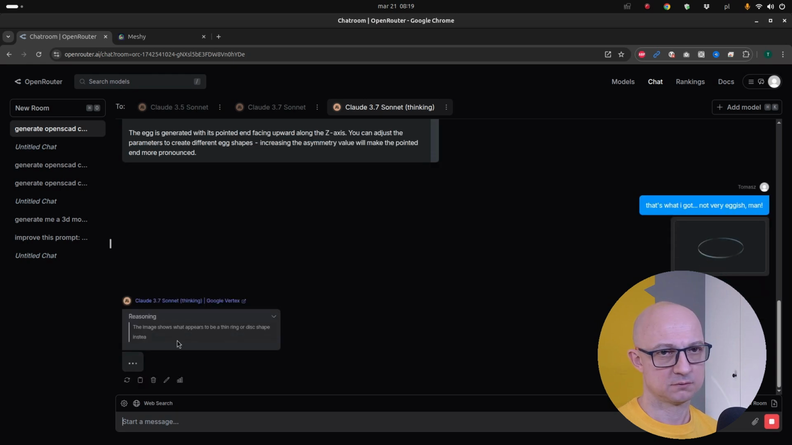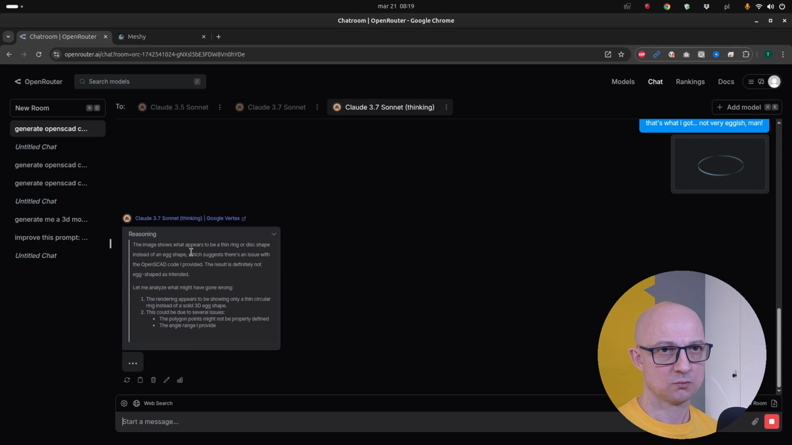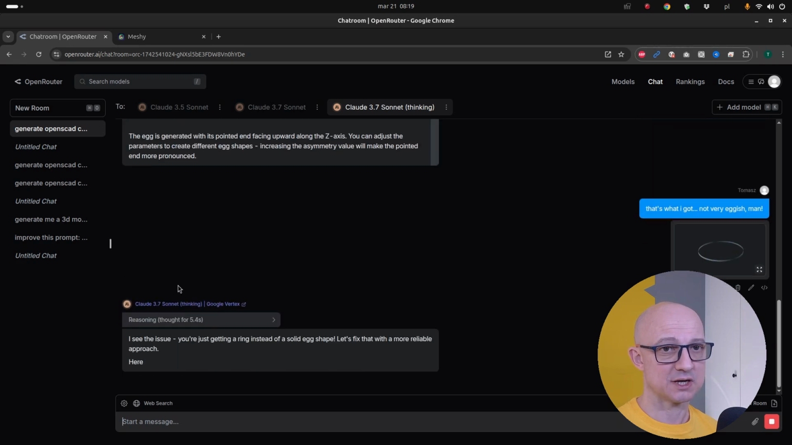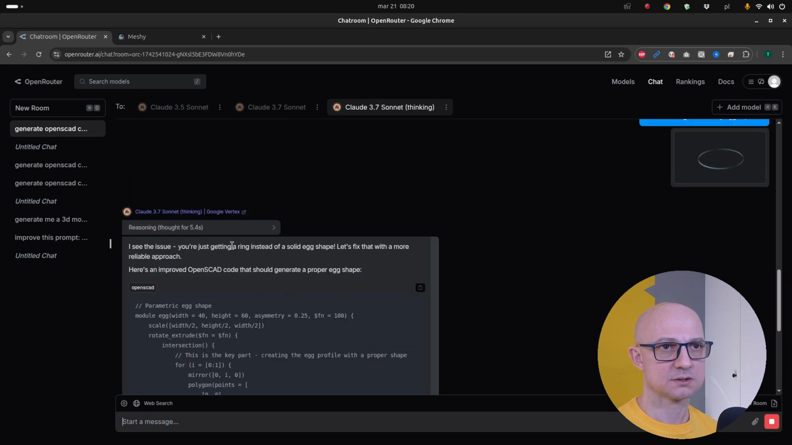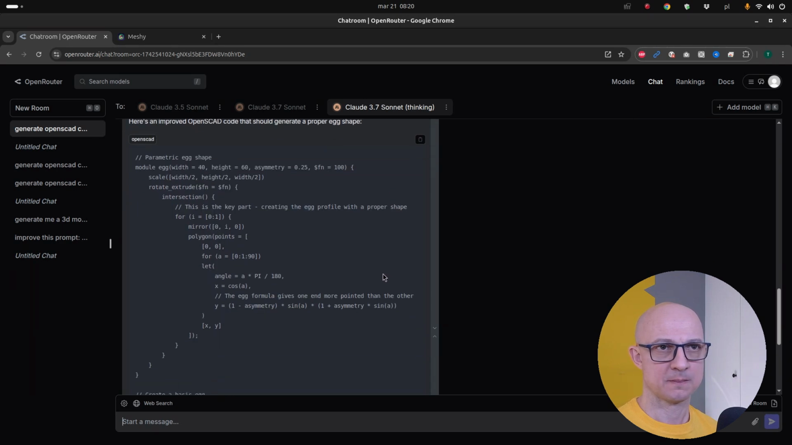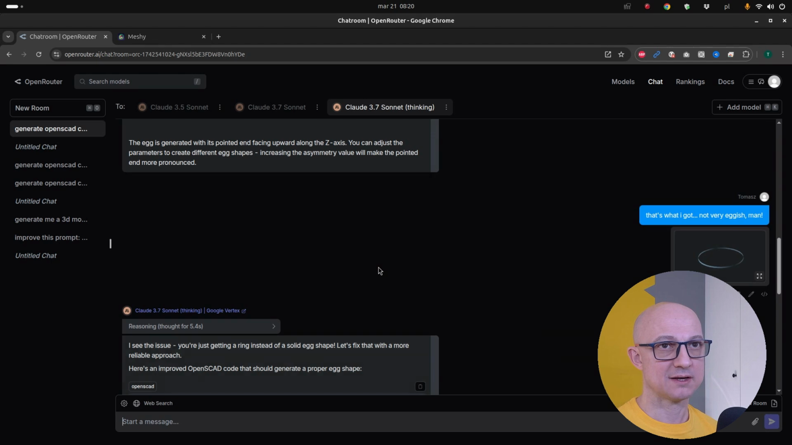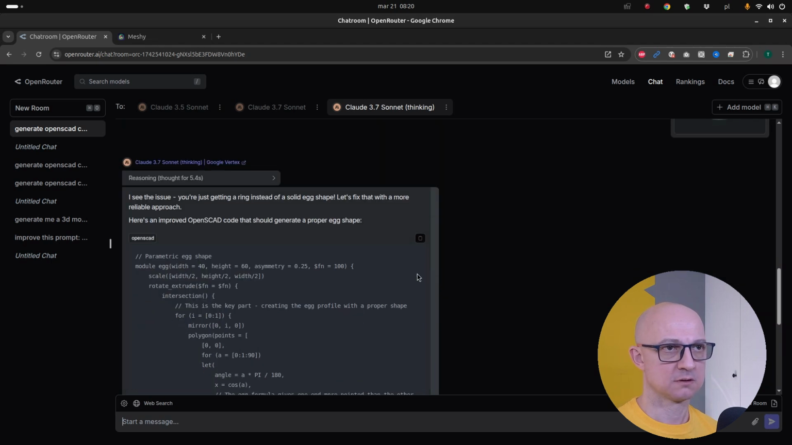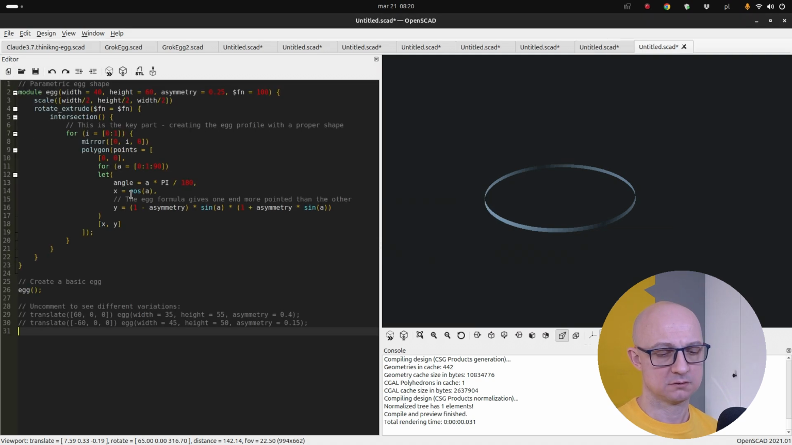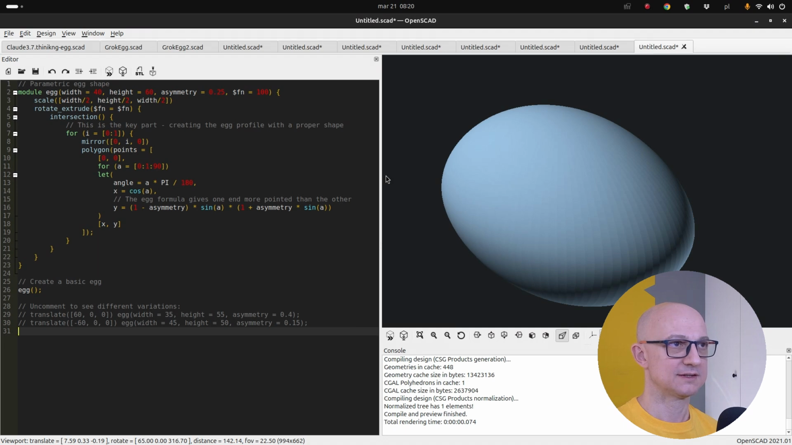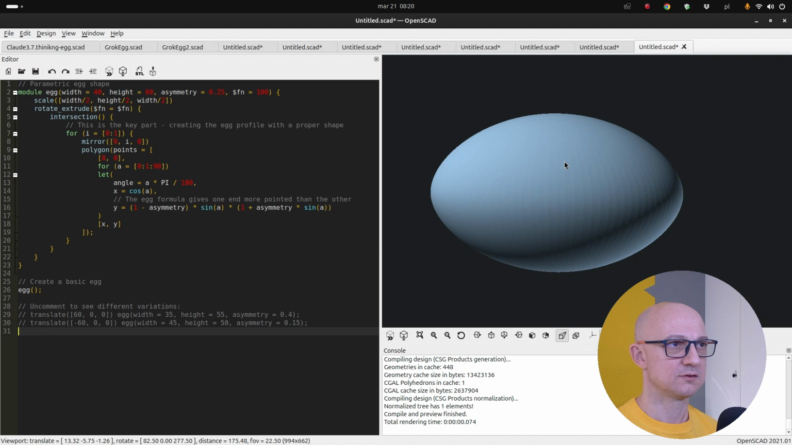And the image shows what appears to be a thin ring or disc shape. I see the issue. You just got a ring instead of a solid egg shape. Let's fix it with a more reliable approach. And this time it was 5 seconds, probably because of the whole context. Let's see if this time it is better. F5. Ta-da! You see, but this one is